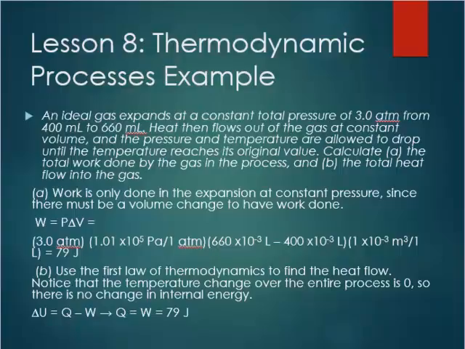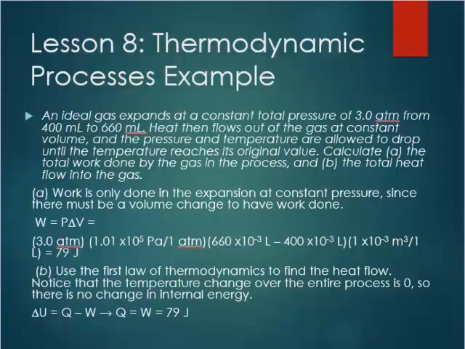Okay, so work equals P delta V. The pressure is 3 atmospheres times the conversion of pascals to atmospheres, which is 1.01 times 10 to the 5 pascals per atmosphere. Pascals are Newtons per meter squared. Then we take the volume difference, 660 times 10 to the minus 3 liters minus 400 times 10 to the minus 3 liters. And then our conversion from cubic meters to liters, which gives us a final answer here of